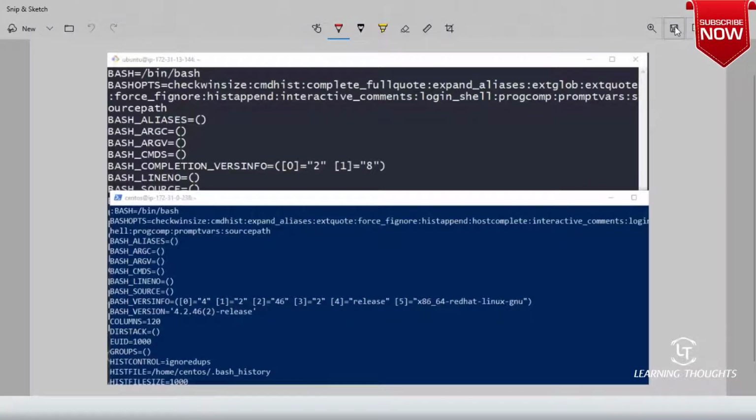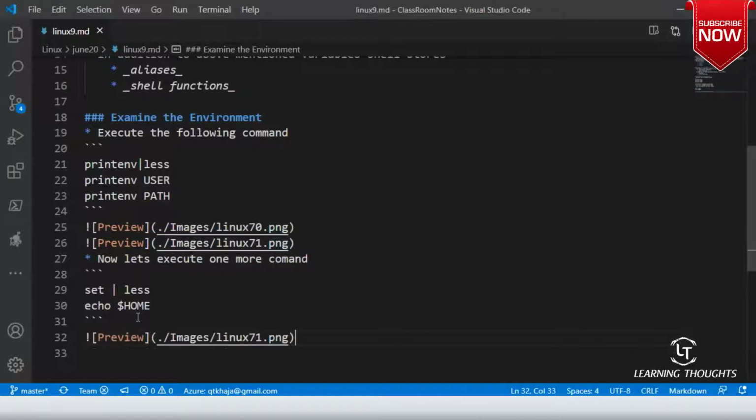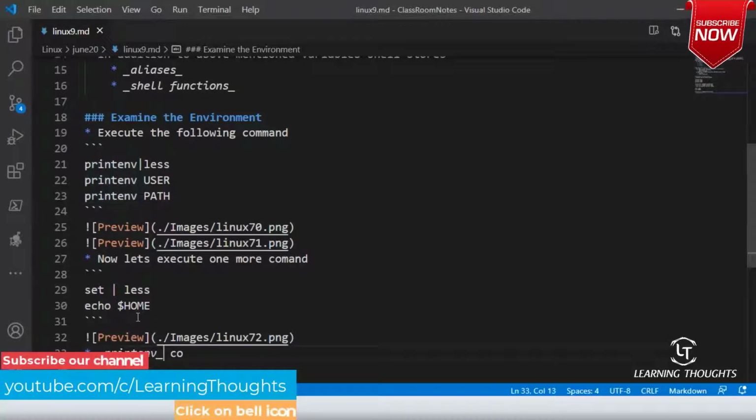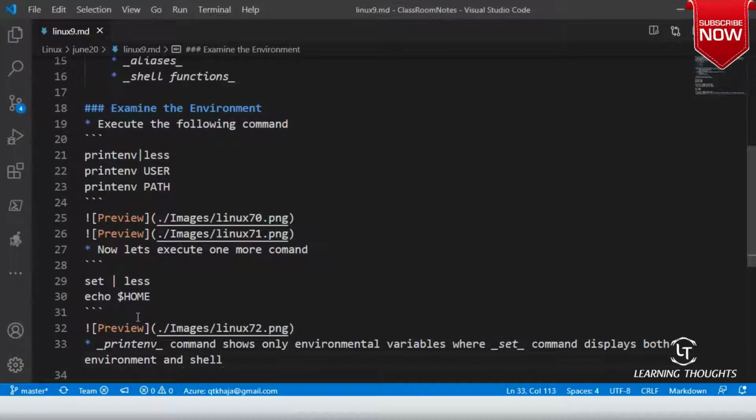The printenv command will print only environment variables, whereas the set command displays both environment and shell variables. Am I clear on this?